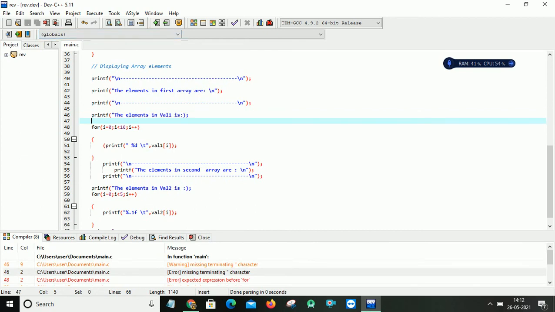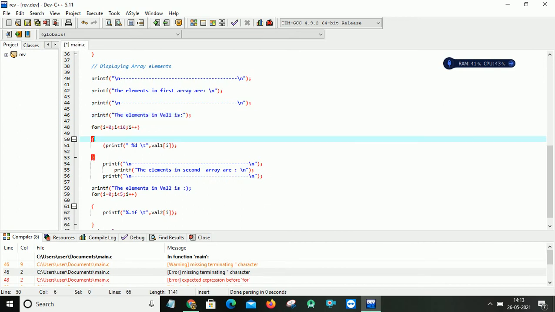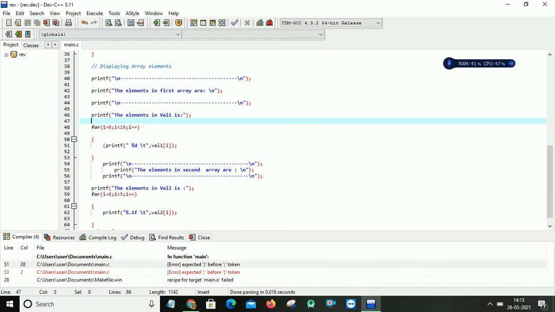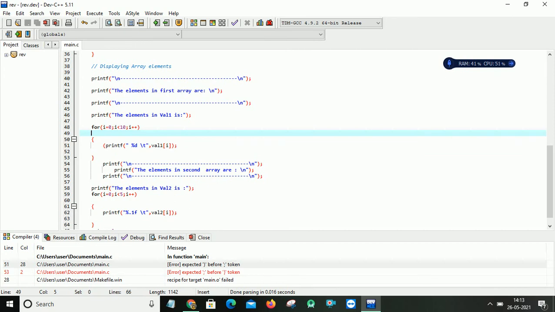It shows that I missed something here. I missed a semicolon and a double quotation. Okay, and here also I missed the same thing. Then I'll execute this program. Okay, what mistake did I make here? Printf, semicolon expecting, %d.